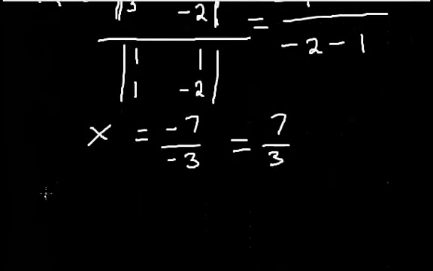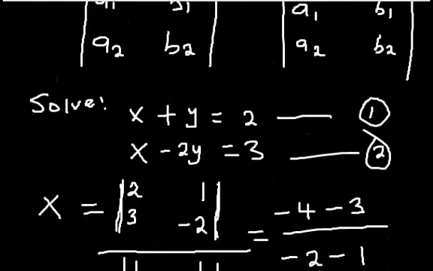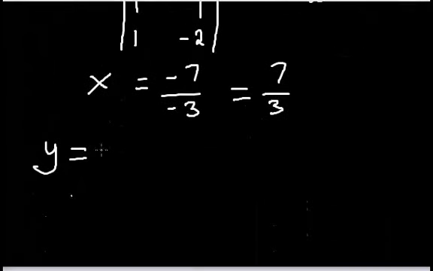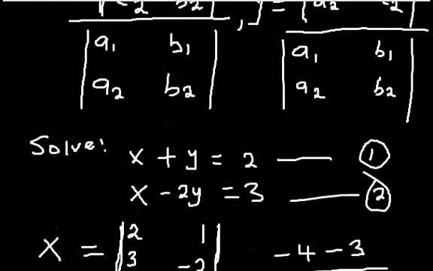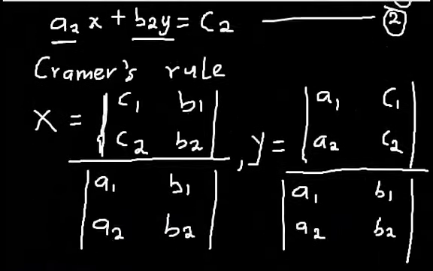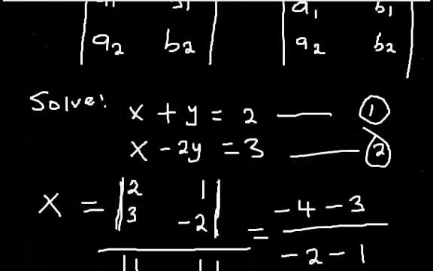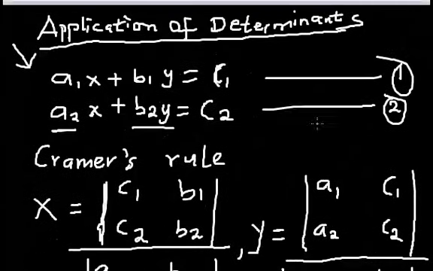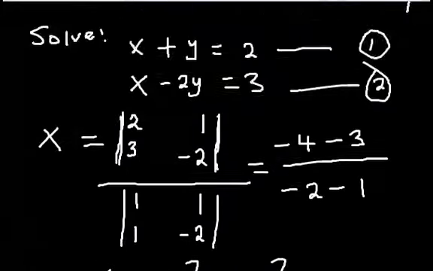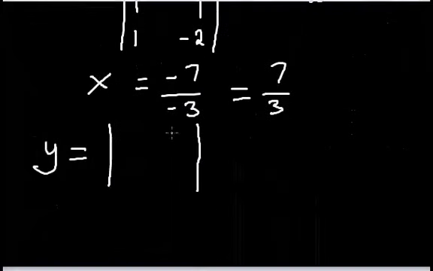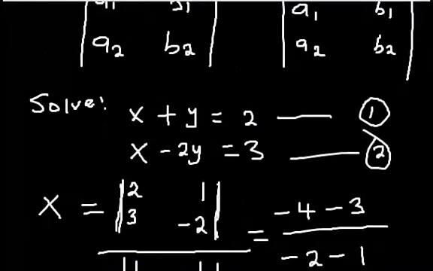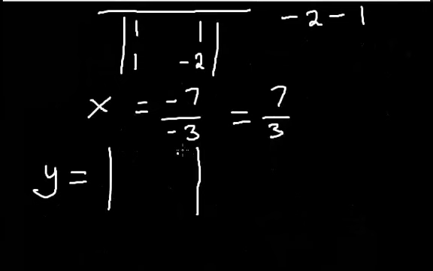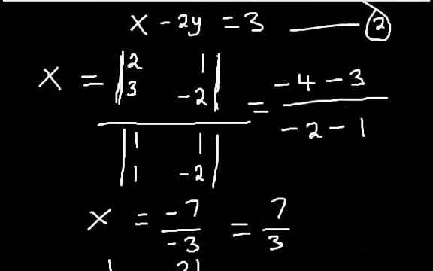Okay, so now to get y, it's still gonna be the same procedure, but please take note that you always have to start with the constant value. For y, the constant values of the equations will be your second column. Don't forget. So what's my constant value? That's 2, 3. So it will be your second column before you now go to the coefficient,